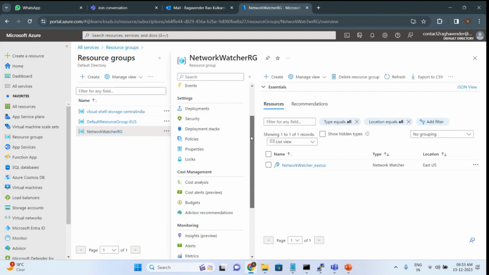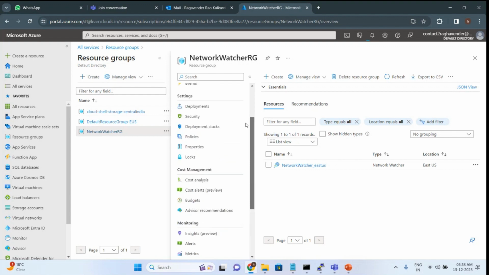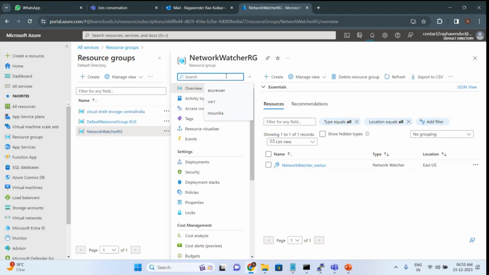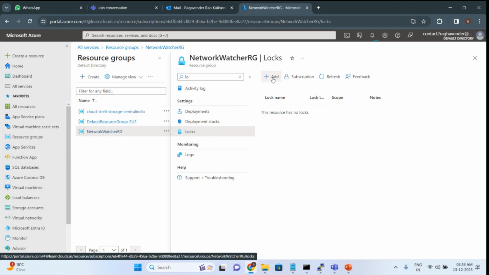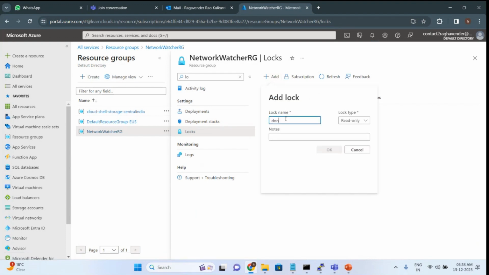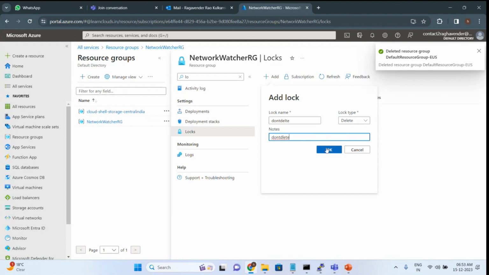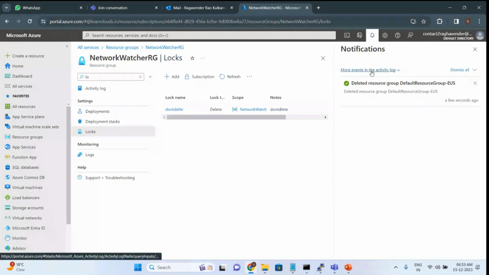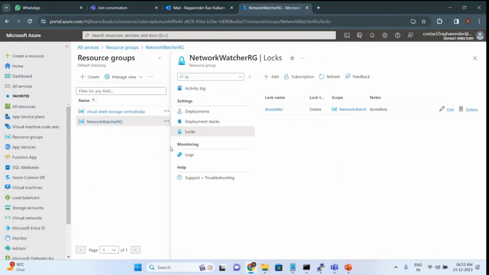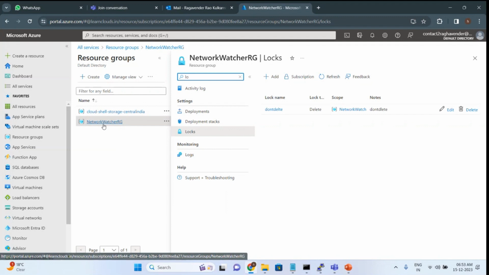What we can do is there is an option called lock. We can lock it. Let us say I look at locks. We can add a lock name, something like don't delete. What is the lock we want to do? Okay, let it be something lock. I kept a lock on my resource group now. Previously, when I deleted a resource group, it was deleted. Now, if we try to delete this particular resource group,